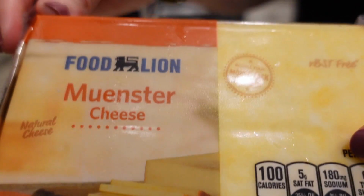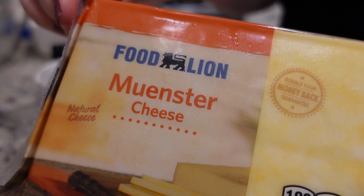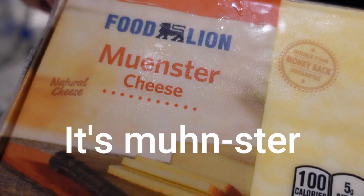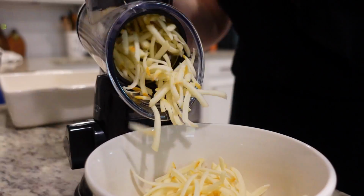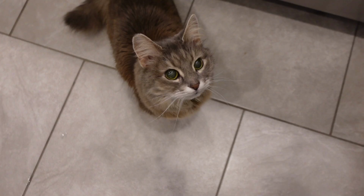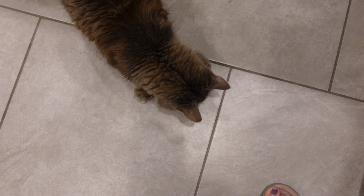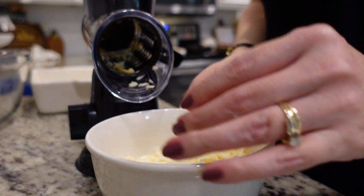Now that we've finished our sausage and it is draining, I need 4 ounces of, how do you say this? I'm assuming it's Munster cheese. I want to say monster cheese, but I know that's not right. I've never had this. I'm excited to try it, but I need 4 ounces of this. Gracie said, this is new cheese. She likes it. I didn't know if she would like it or not. Oh, there we go. So we've got our 4 ounces of that cheese, but we also need 8 ounces of